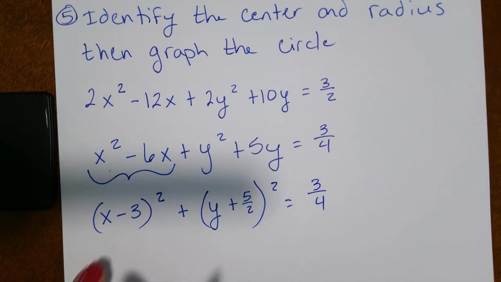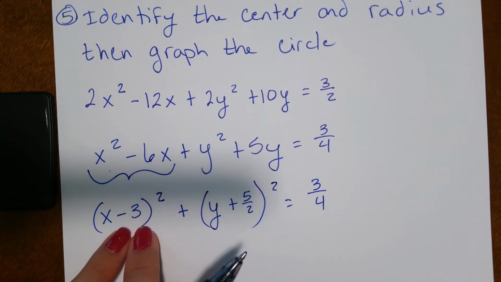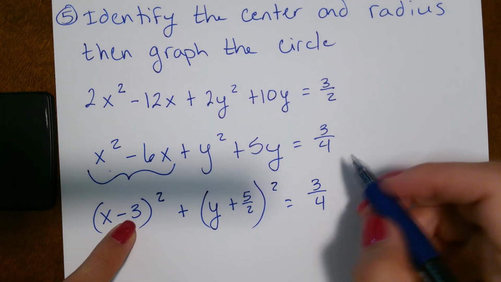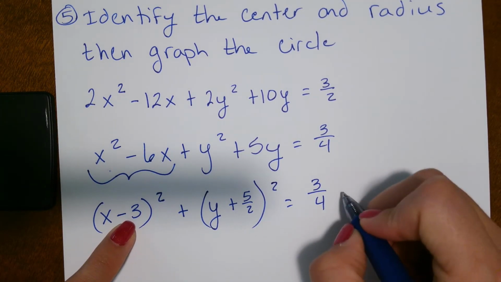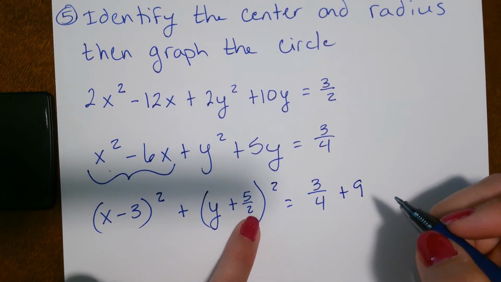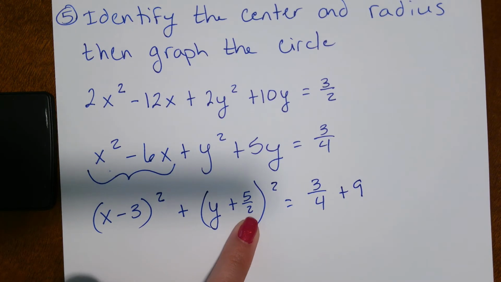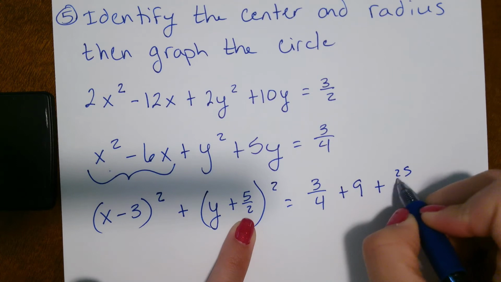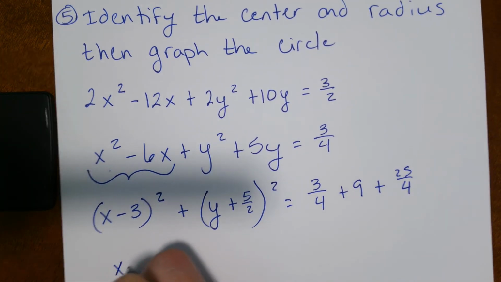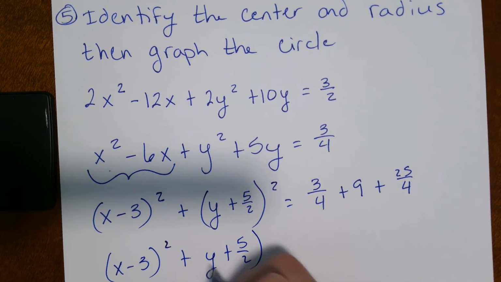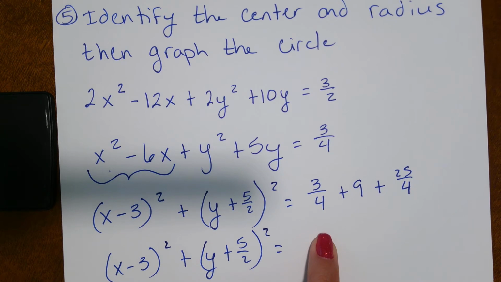my 3/4. Now, in order to complete that square, what I actually did was add in this value squared. So 3 squared gives me 9. I added it to the left. I need to add it to the right. Likewise here, I'm adding in that value squared. So 5 over 2 squared is 25 over 4. I added it to the left. I need to add it to the right. So I have x minus 3 squared plus y plus 5 over 2 squared equals, handy dandy calculator,